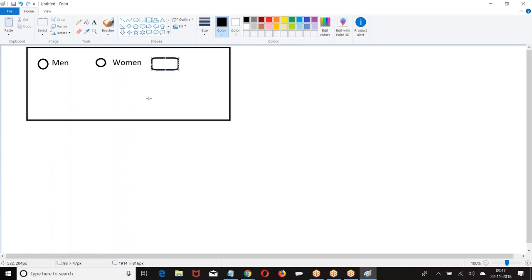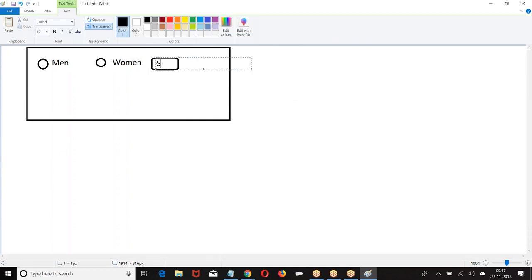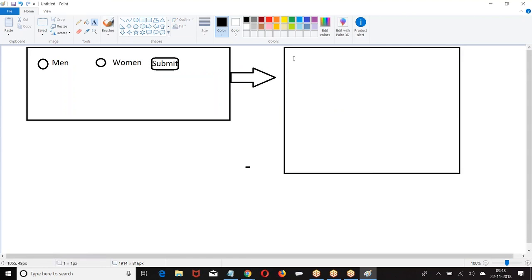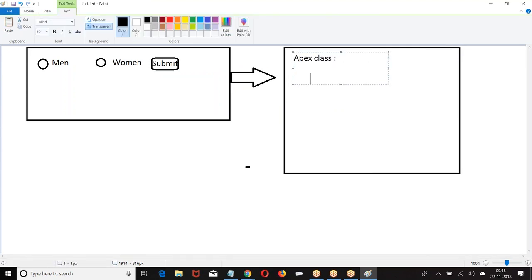Now when you click on the button, the request will go to the Apex class. Now I have a logic here. What you selected? You selected equal to men. Do this logic. Else, if you selected is